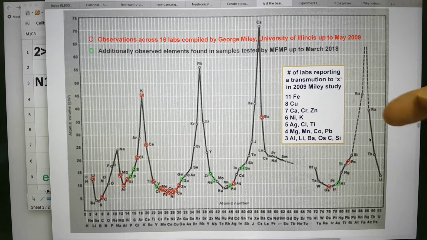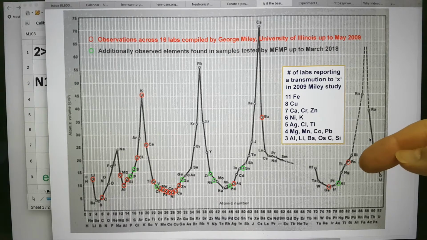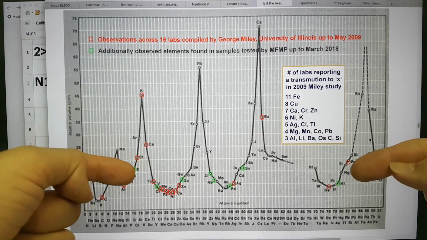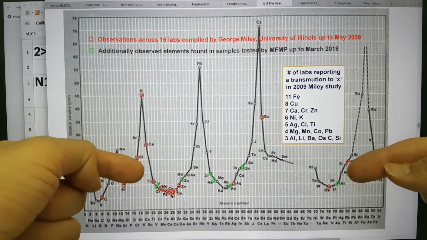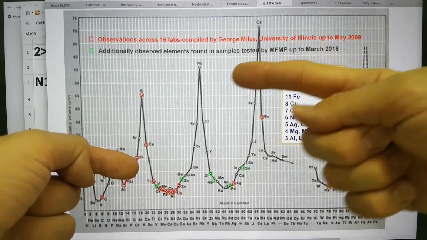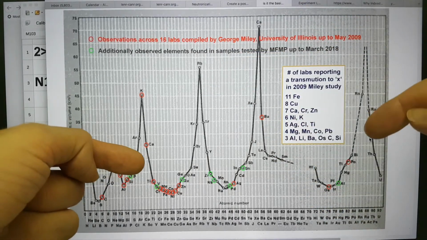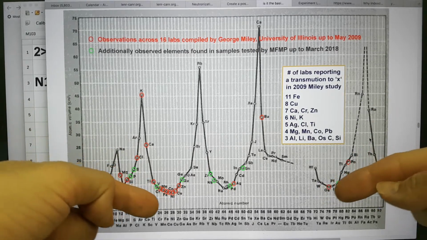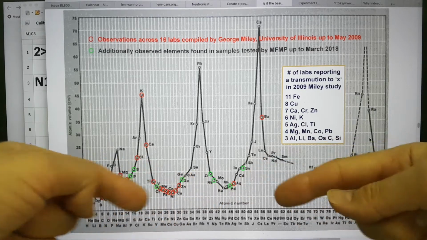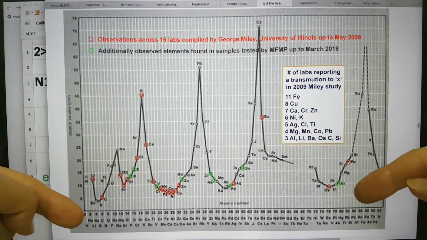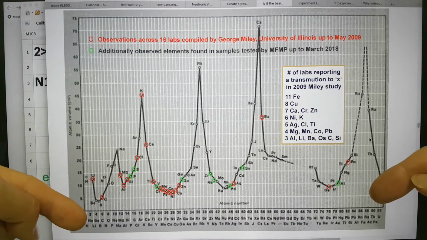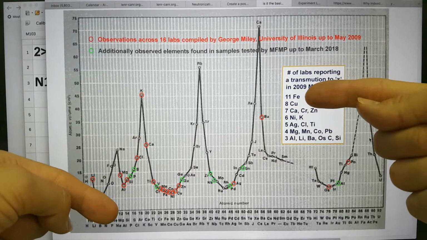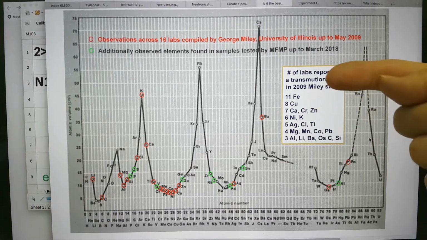So one thing that's very interesting to me is there seems to be a tendency for elements to not want to get too far up here with these transmutations. And also when they're over here, they're very reactive, and maybe they're gases, so they off gas, so you won't observe those. But down in these atomic volume troughs, there seems to be a benefit for elements to move in that direction. And so the most common one that is found is iron,